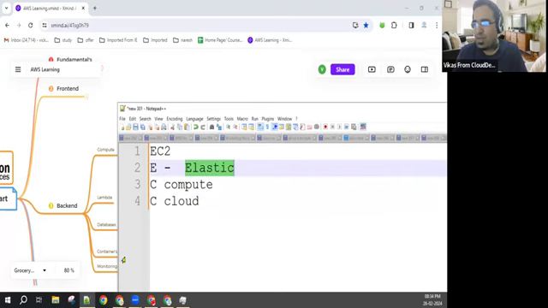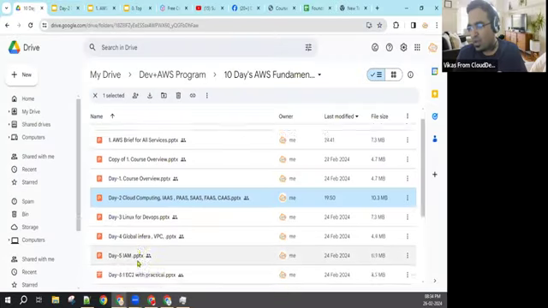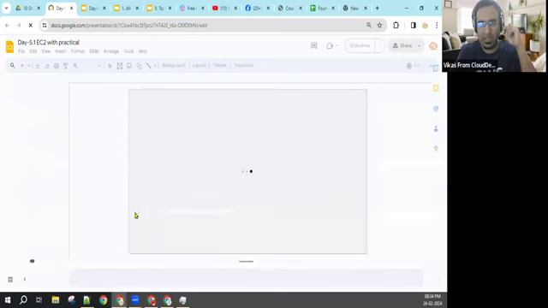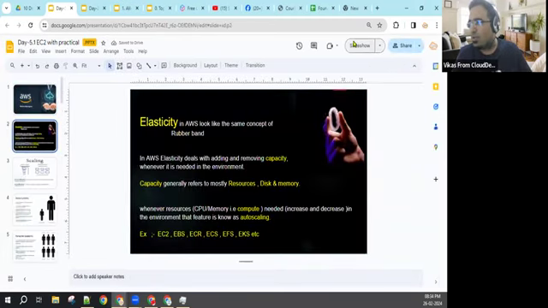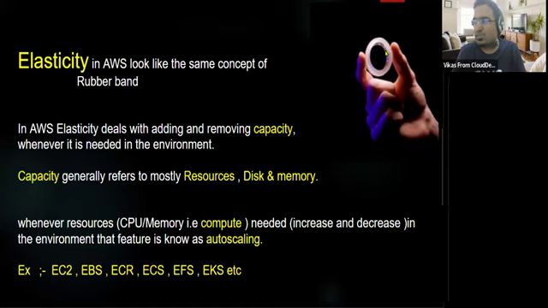Now I'm opening another PPT to show what exactly it looks like. I'm coming to the EC2 topic, which we will start on the 4th day, but you have to be aware from day 1. When I'm talking about the keyword elastic, it looks like this. It can increase or decrease as per the requirement, or you can expand or release as per your requirement.